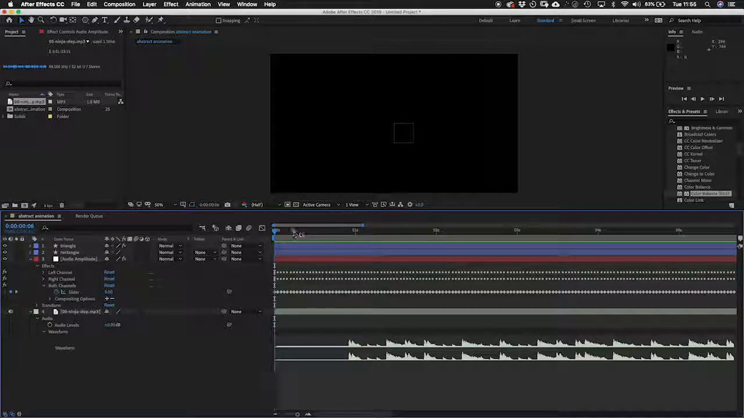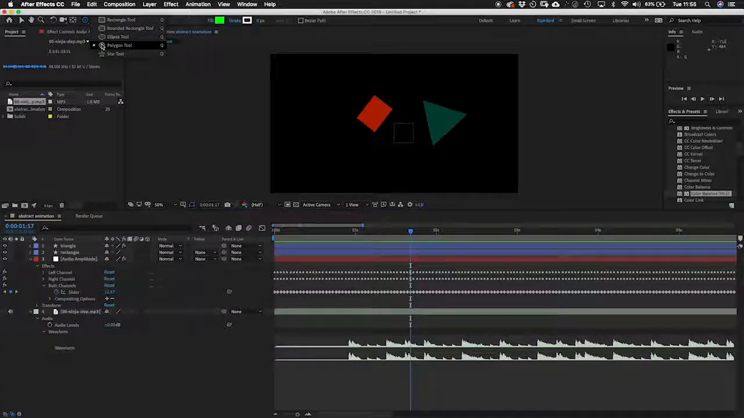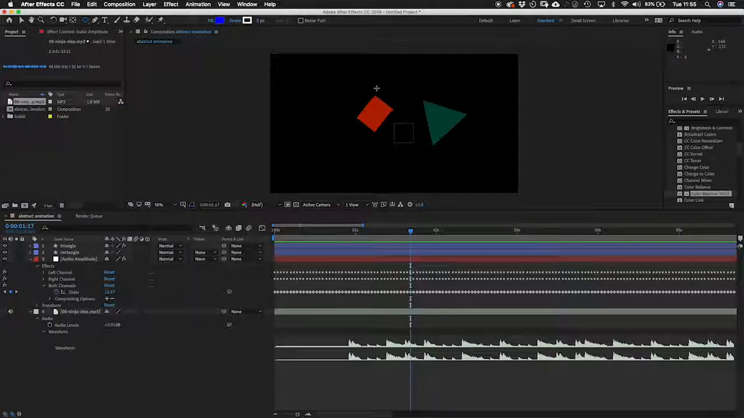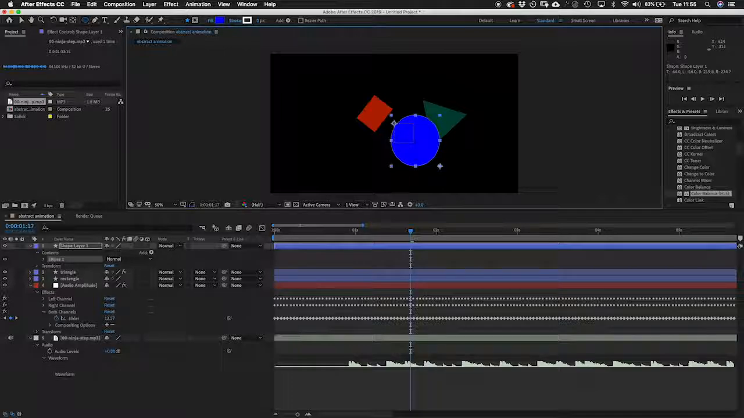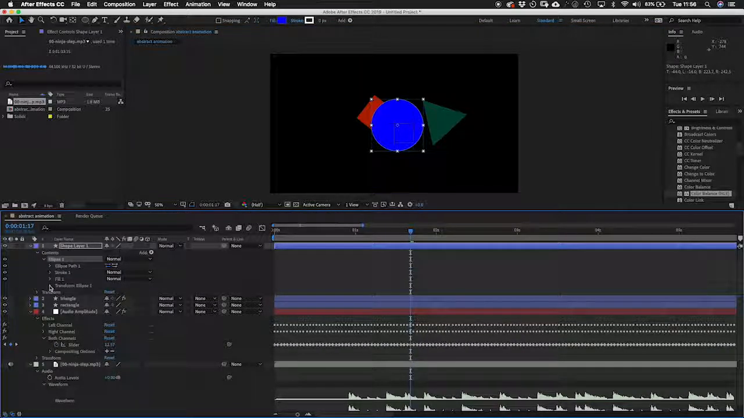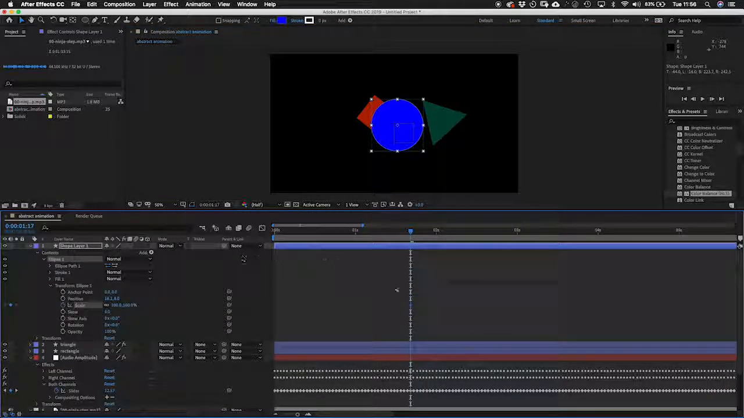But what I am going to do is create another layer, a circle, and make that blue. Right there. And what I think I'll do is ellipse scale. Now I'm going to make the scale, so the size of it, relate to the amplitude of the volume of the audio. In order to do that,